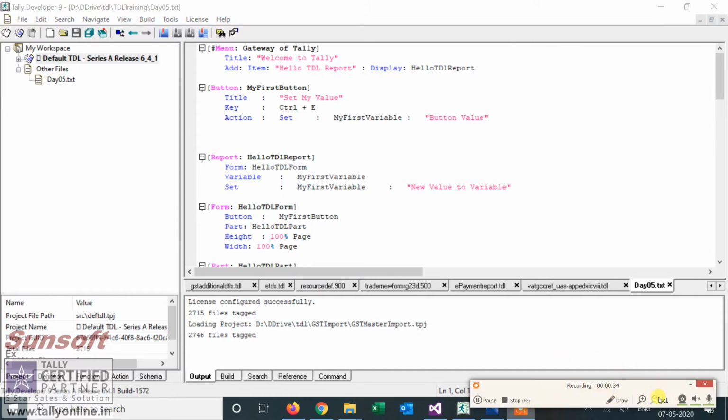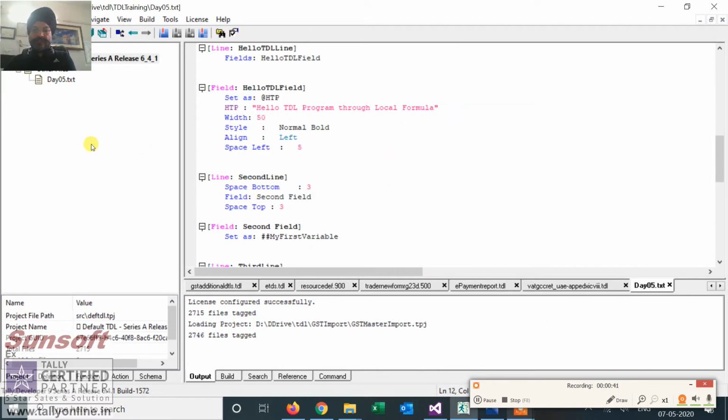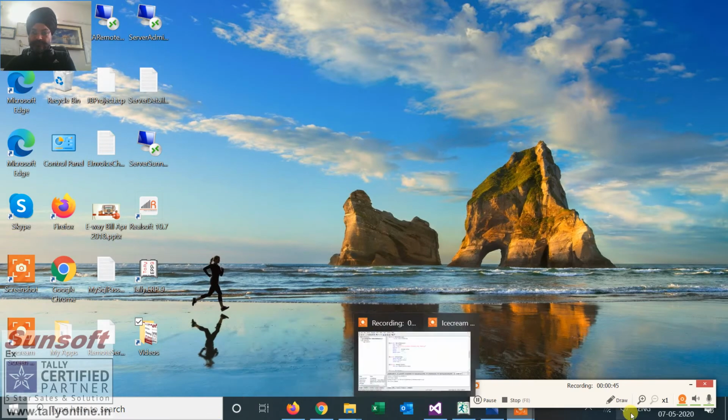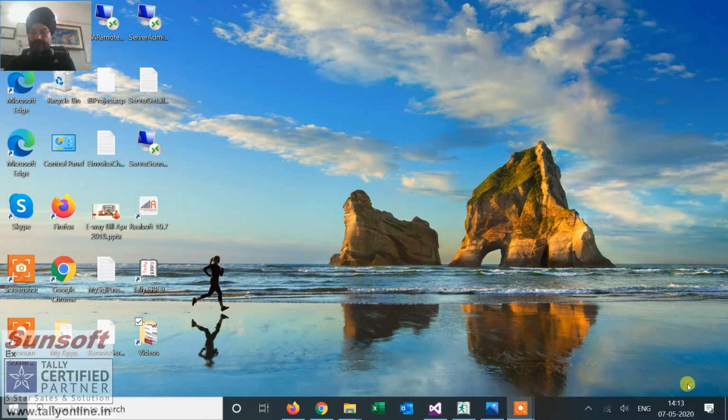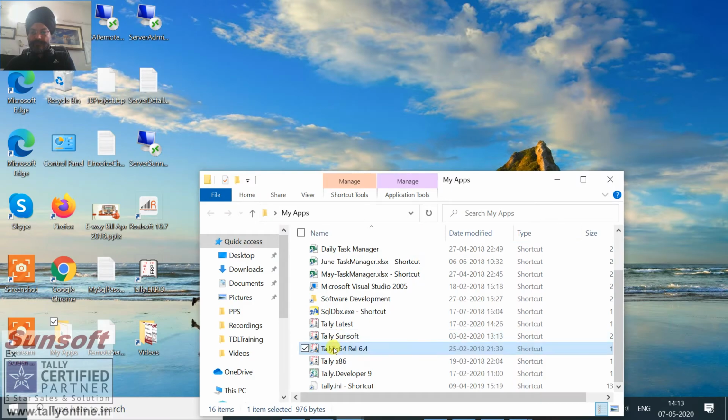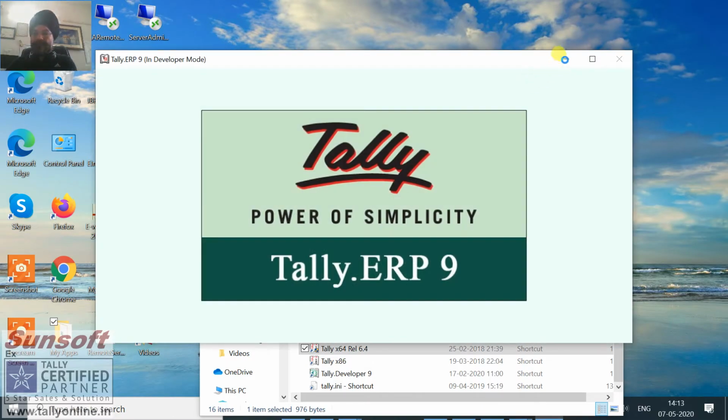I open it as day 5 and I start my Tally. So today we'll talk about actions in TDL.